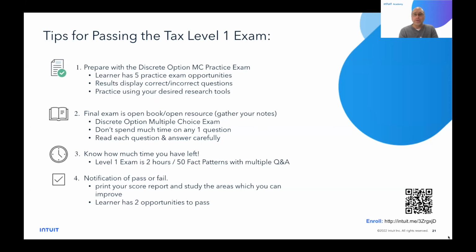So how we constructed the actual tax level 1 exam is, it really is very similar to being on the phone with a client. You're on the phone with a client or on Zoom, client asks you a tax question, right off the top of your head. Same thing, we have a fact pattern, ask you a question, right then and there, true or false, yes or no, go rock and roll.